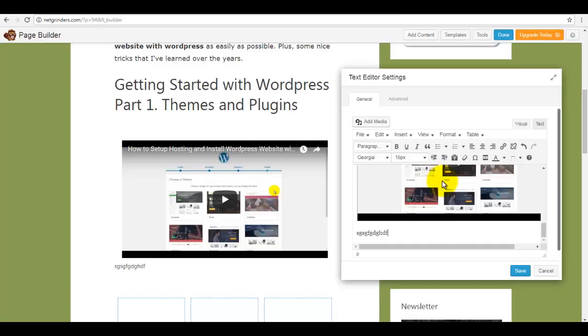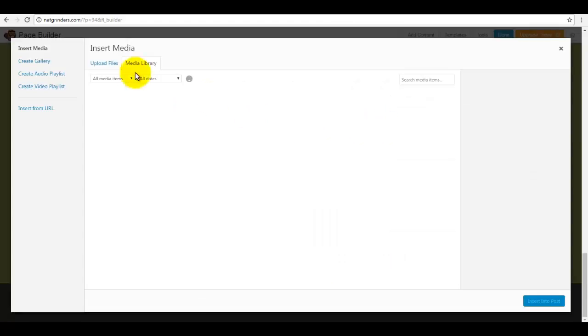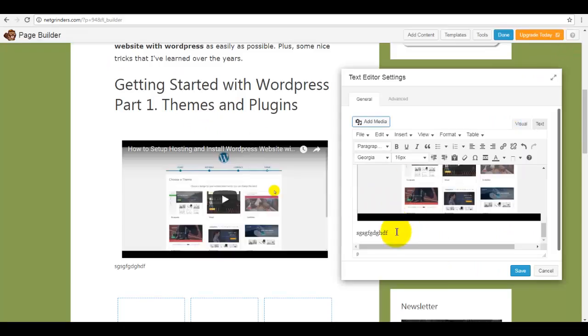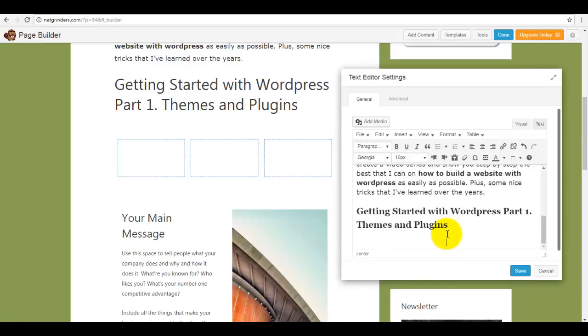Images work about the same way. You can add media here, and then you click on upload files right here and select it from your computer, and you can insert it right here and here. Sometimes I'm going to take this out because it's not the video I need, but